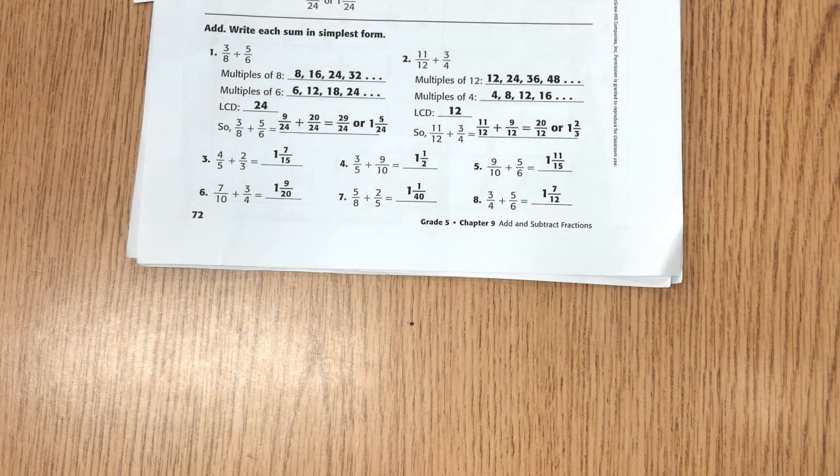You are adding, but in order to do that, they have unlike denominators, so therefore you have to change them. Sometimes it's easier to just write the multiples, and then you can see the first one that they have the same would be the lowest common denominator. On problems like number 4, you ended up with a top-heavy number, so you had to change it to 1